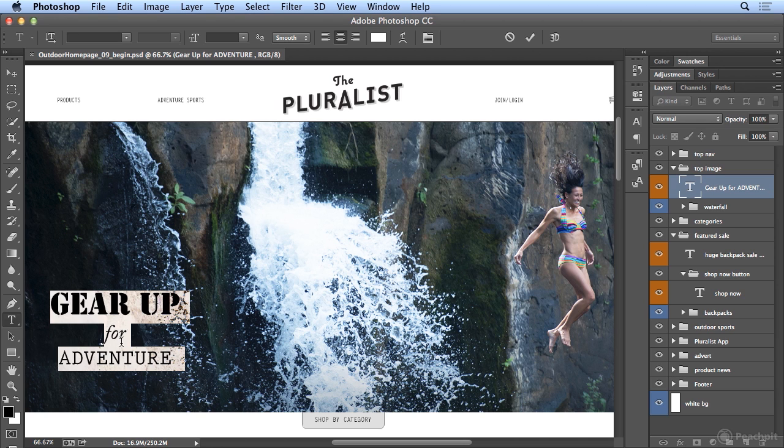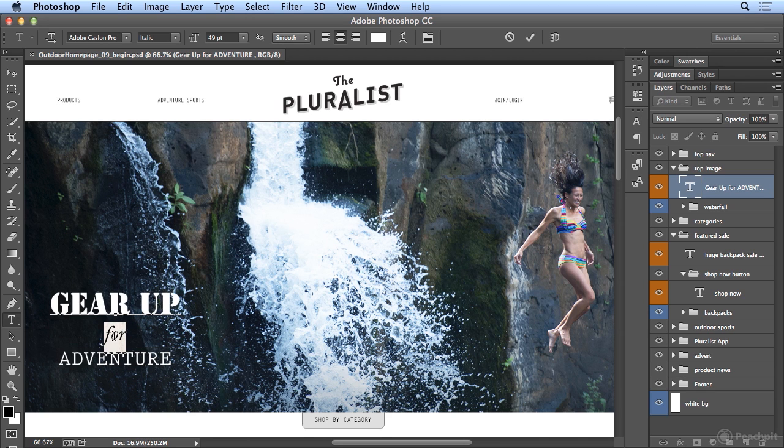type shortcuts. Option on the Mac and your up arrow is leading. On Windows, that's Alt-up arrow to tighten the leading or line spacing. Alt-down arrow makes it looser. So I'm liking the space between 4 and adventure, but not between gear up and 4. So I will double click on the word 4 and hit Alt-up arrow on Windows or Option-up arrow